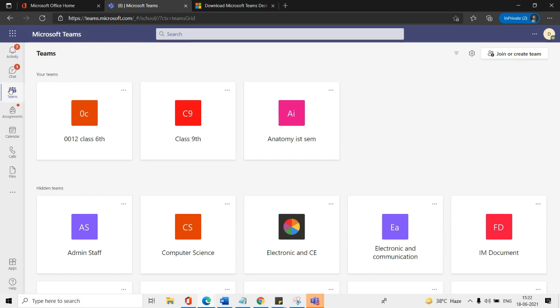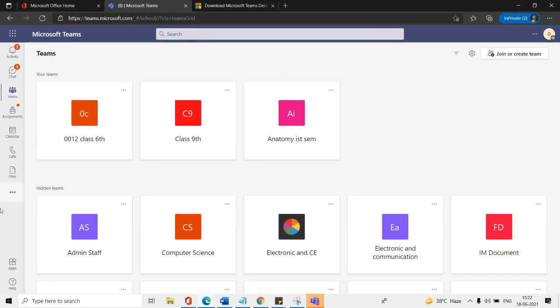In this particular meeting window, you have a chat option. If you have any query related to this, please write it down in the chat box, and your faculty and I are there, we will definitely address your query. If you have any query related to how to upload the work in the assignment or how to upload the work in the class notebook, you can just type your query in the chat box. So thank you from my end. Please write down your query, right?